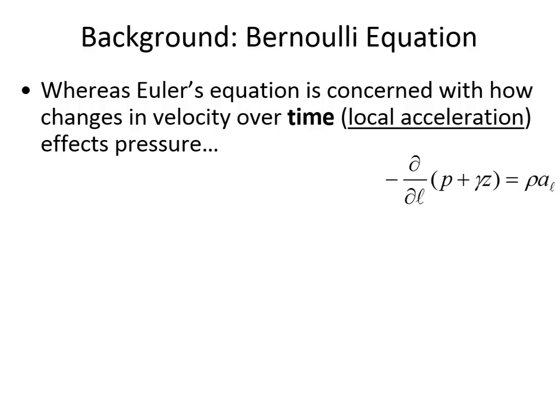Remember, in Euler's equation, we were trying to address the question of how pressure and elevation change as a function of local acceleration. So when velocity changes over time, and that's the definition of local acceleration, then pressure, and specifically piezometric pressure, changes as a result of that acceleration. And piezometric pressure could be